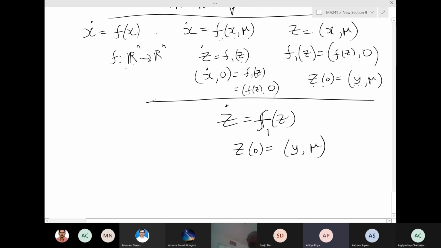So you just go back to the previous theorem and claim that the solution will depend smoothly on y, mu. That's it. Now, as I said, in the homework problem exercise,